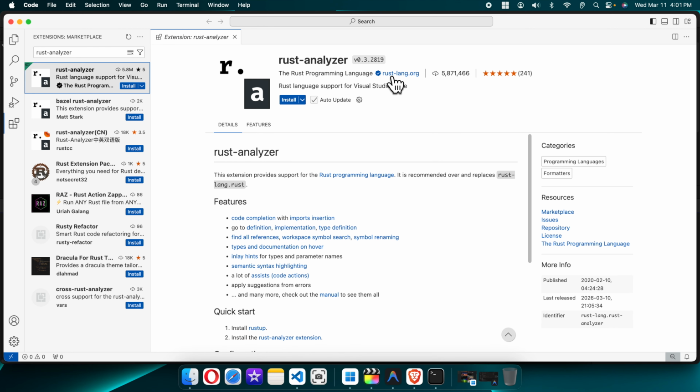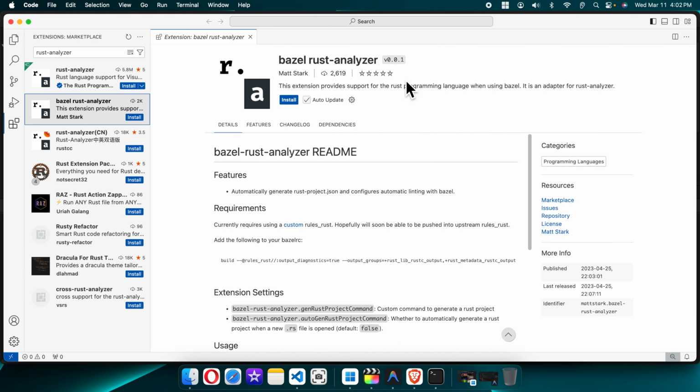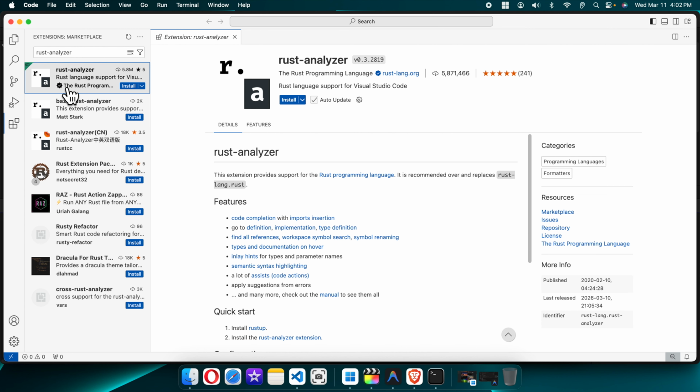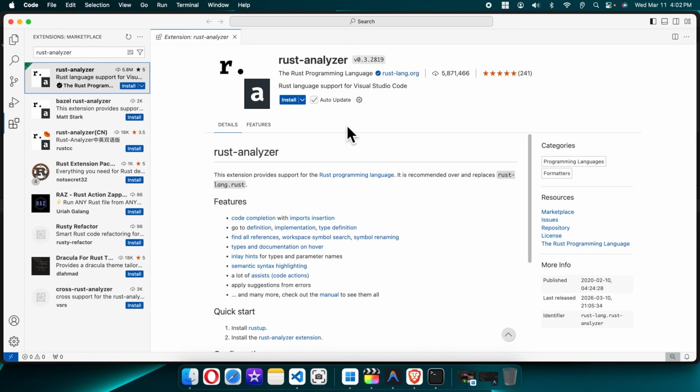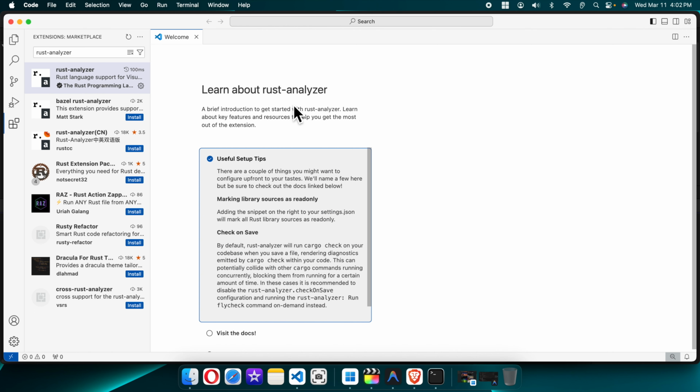Okay, and this is from rustlang.org. If you go there, it is not written over there like that. So I'm going to start the installation of this version. What you need to do after searching and choosing this extension is just hit the install button. I'm going to click here and very shortly it will start installing,